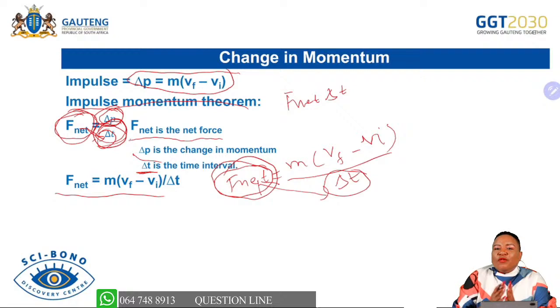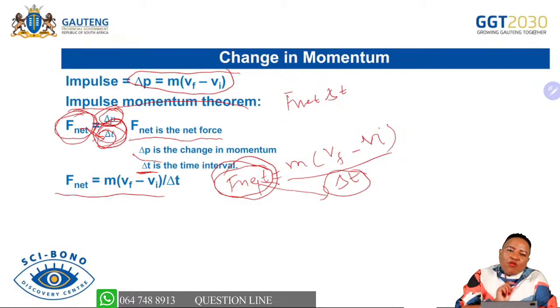For those people currently doing athletic sports, how will this assist you in knowing whether a person performing a specific sport will get injured or not? Let's talk about the high jump. When you are doing high jump at school, you are always given a sponge, so after falling from a certain height, you fall on top of a sponge. Why not fall on the ground? The ground, because it's a hard surface, allows less time of contact between you and the ground.